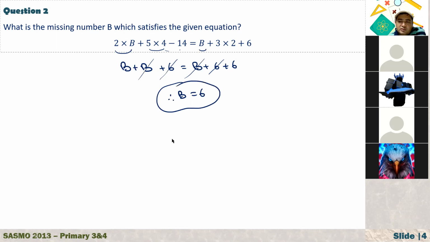Guys, let's move to the next question. Yes, I thought it was 3, and when I was doing it, I found 6, because the closest number for me was 3 though. Okay, in Sasmo, guys, if your answer is 100% correct, you get points. If it is even close, you don't get any points, okay? So that's why I try to solve the questions 100% correctly. Now, if one question you answered correct, you give yourself how many points? 3 points, Sadiq. Now, Sadiq, you have 3 points.